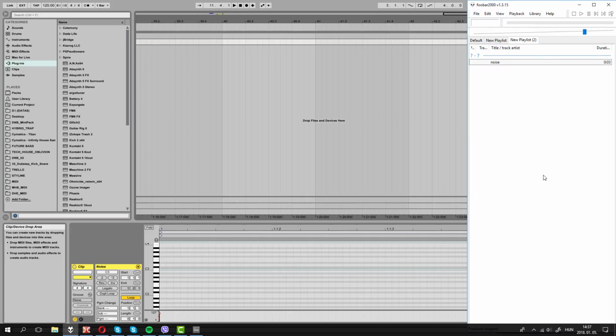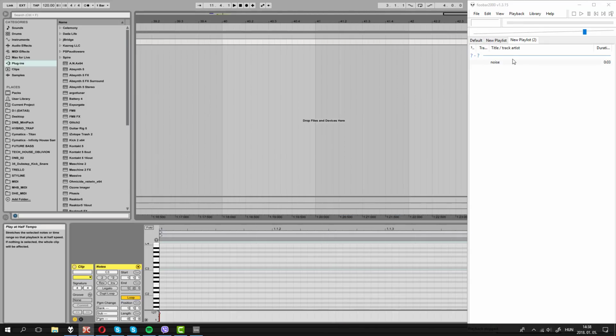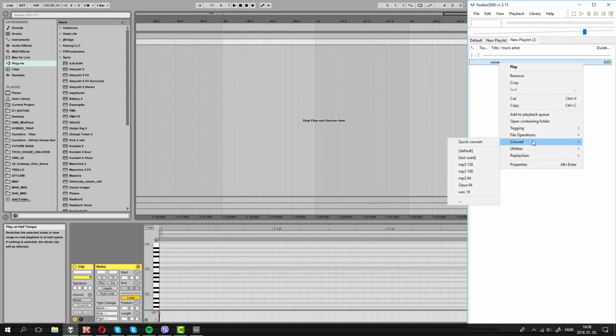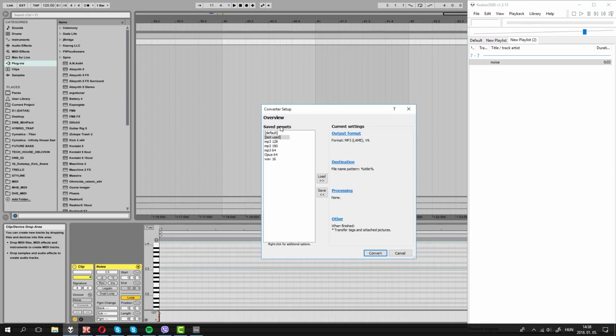If you're interested, I can show you how I made it. I decompressed all the files I found in a zip file into my program files folder. And in foobar2000, if you right click on a file, I made this little noise as a test file, you can go to convert. You can click on the triple dots like this. There are several presets I made here, so let me just start from scratch. You can go to default,